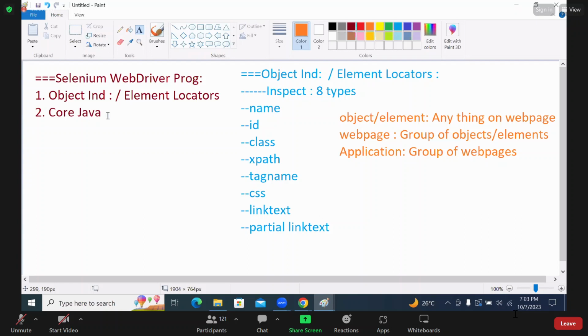I'm clearly saying that in automation testing, object identification is a very important concept. Without identifying the object, there is no possibility to go with automation. It can be the Selenium tool, QTP tool, TestComplete tool, any automation tool; without identifying